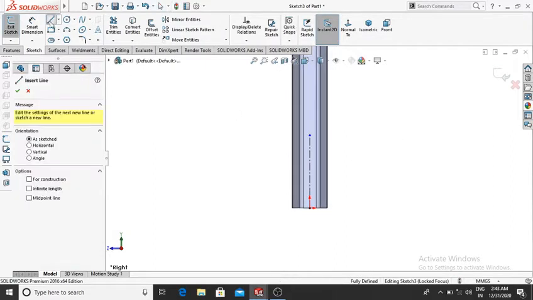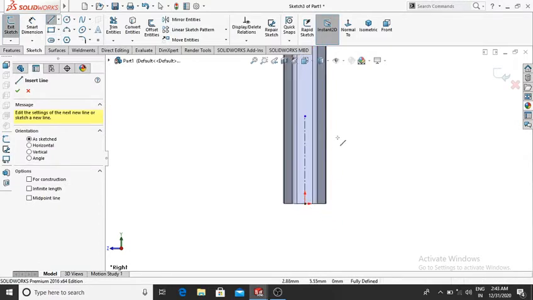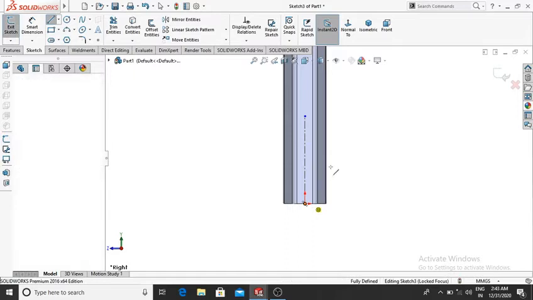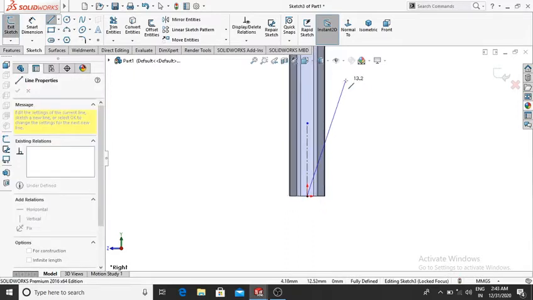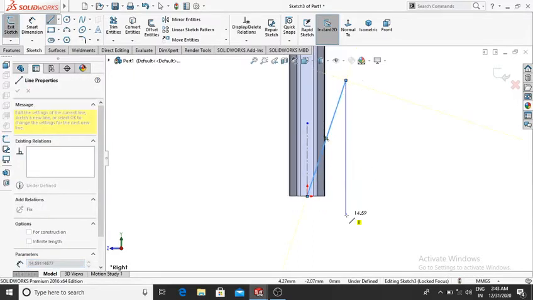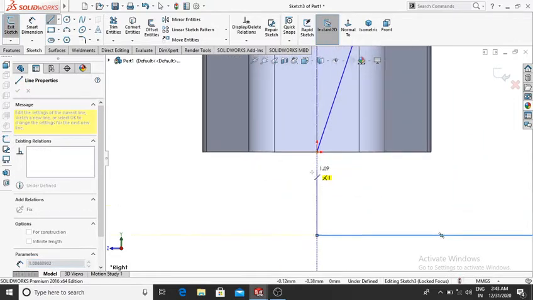Now select the line and make the line from this point up to here. Select this one and join this point.